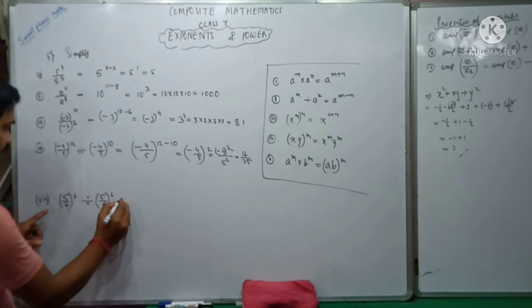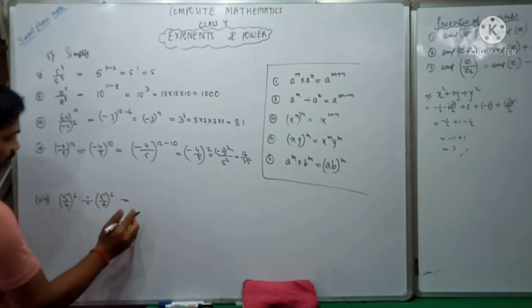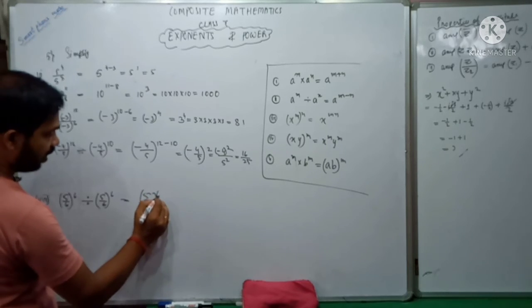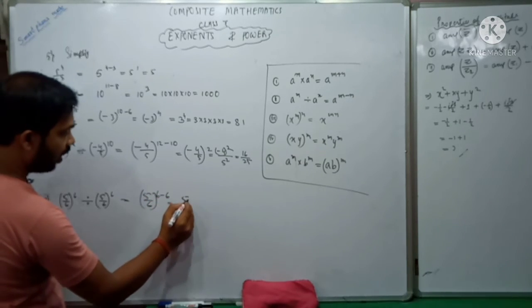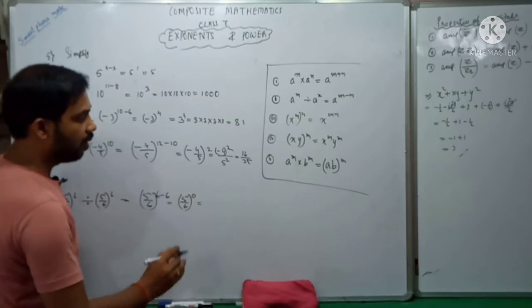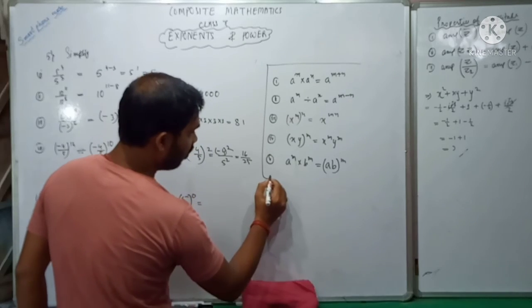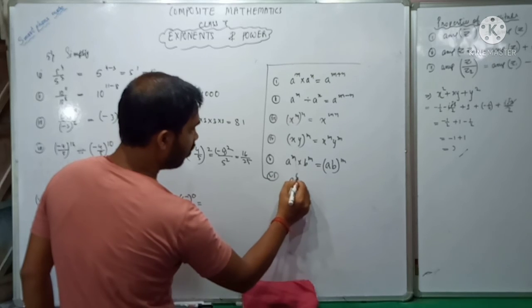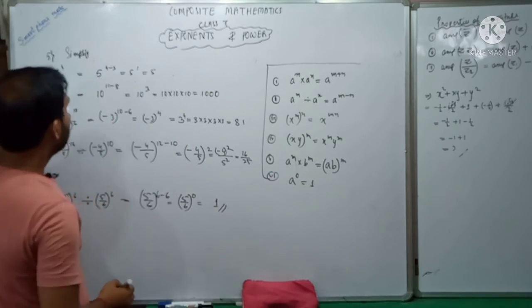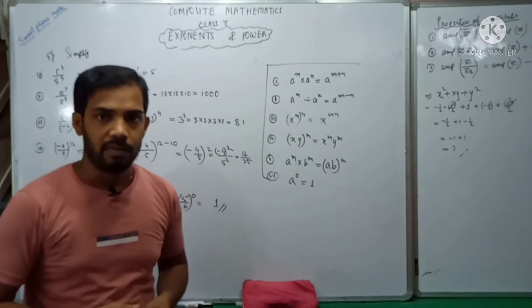Okay. Next you see, bases are same, then the power will be subtracted. So it will be 5 by 6 whole power 6 minus 6, and you know very well 6 minus 6 is 0. We have one law also, that anything to the power 0 is equal to 1. So it will become 1. So you completed question number 5. Okay.